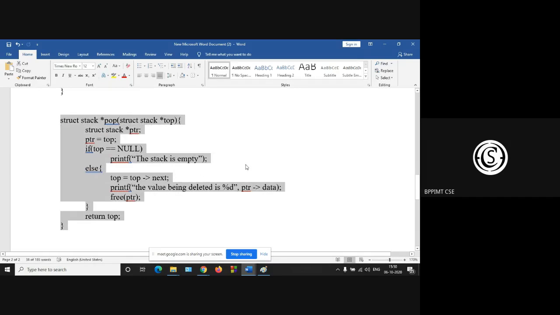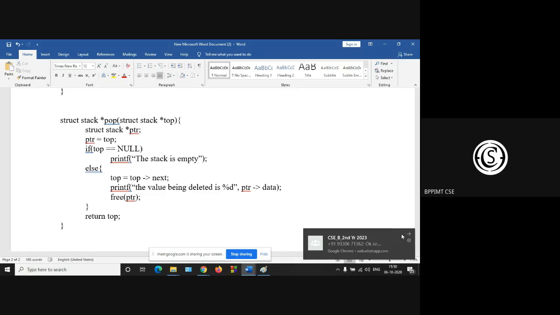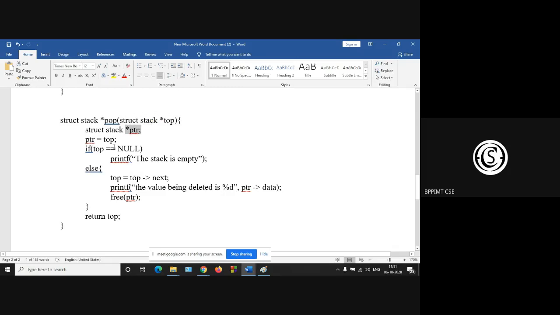Any confusion regarding this pop? So first, use this temporary pointer and initialize this pointer with your top. Okay. And if your top is null, then the list is empty.